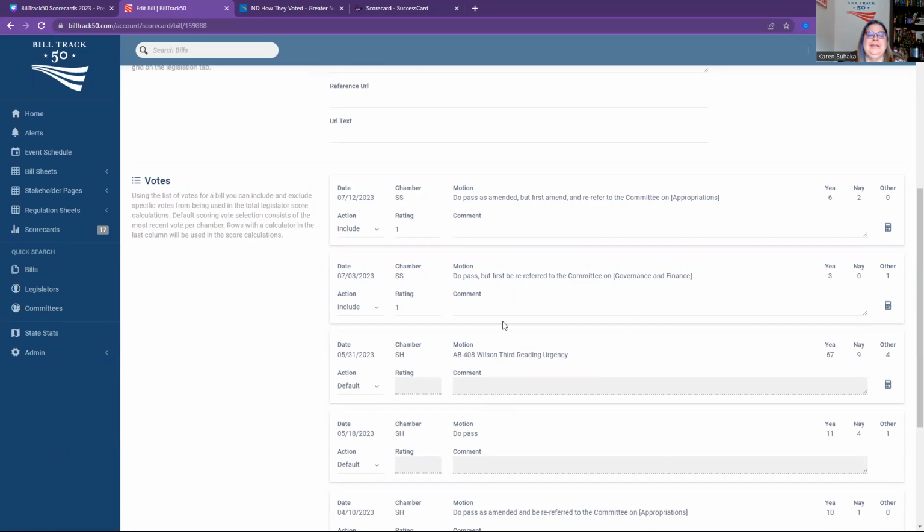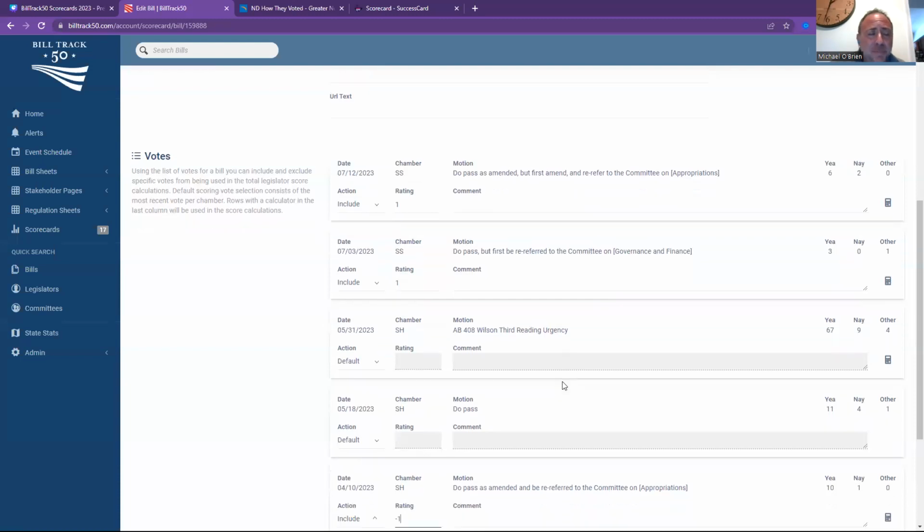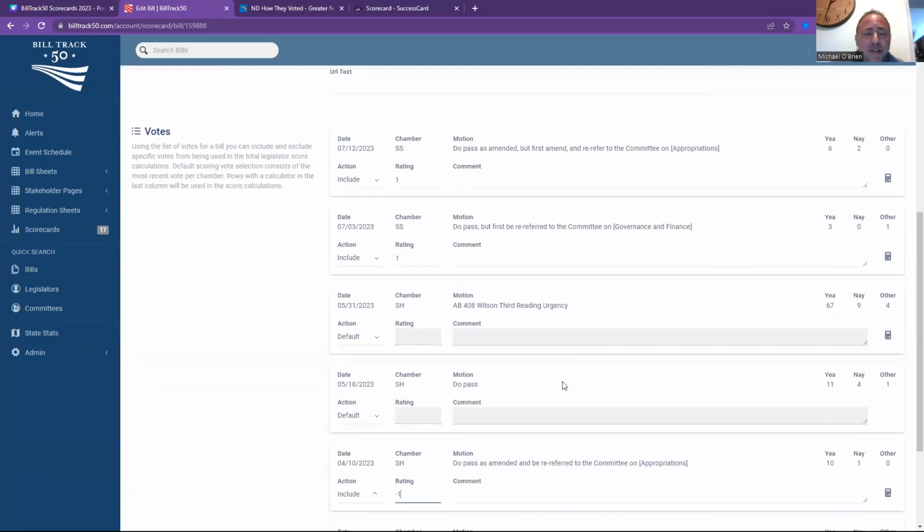Michael, when is it important to go ahead and look at the individual votes? Yeah, I mean, amendments are important. We touched on supporting the bill before you oppose it. And Patsy actually brought up a great point. If you do find yourself in that position of supporting a bill before you oppose it and change it in the bill sheet, that's not going to automatically translate into your scorecard. You've got to,